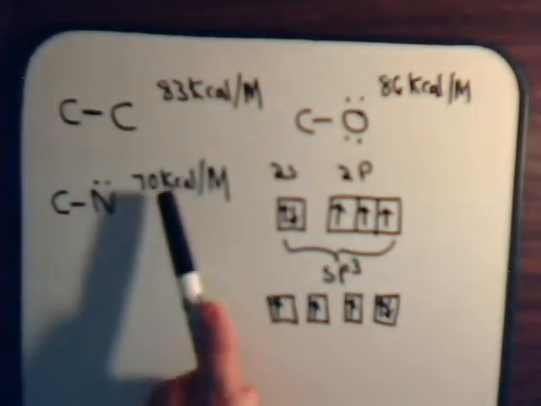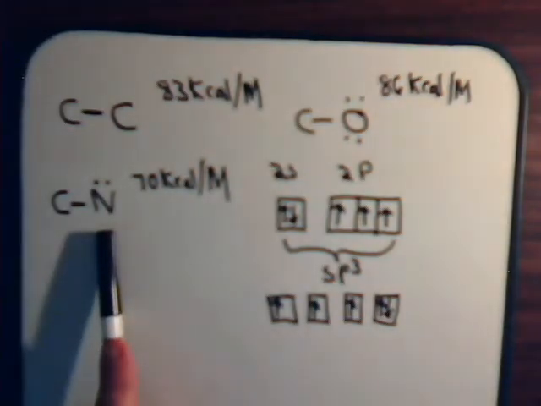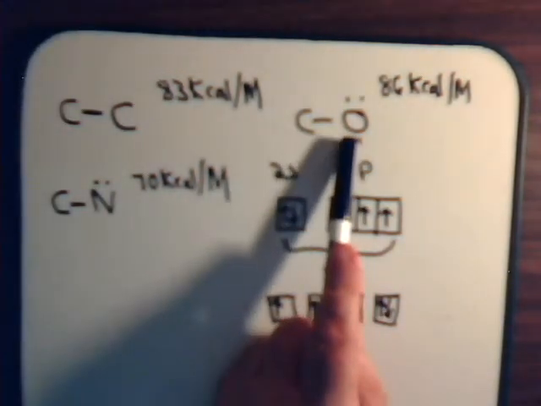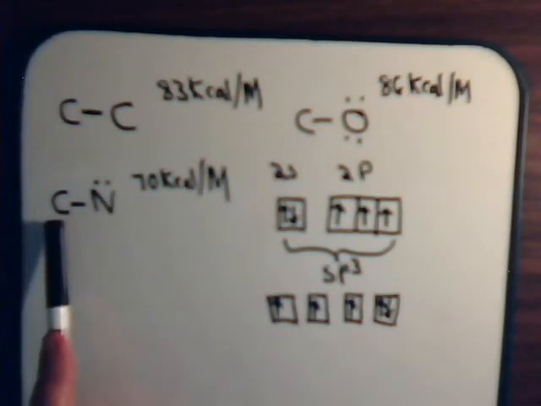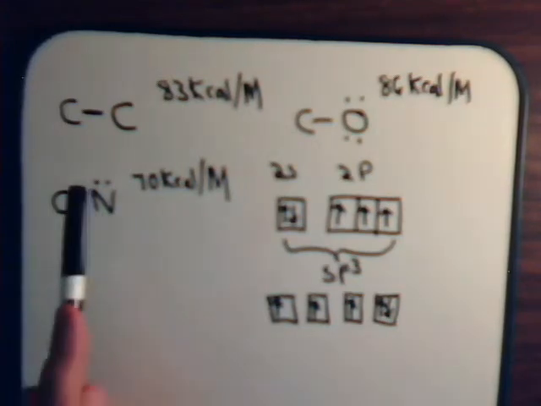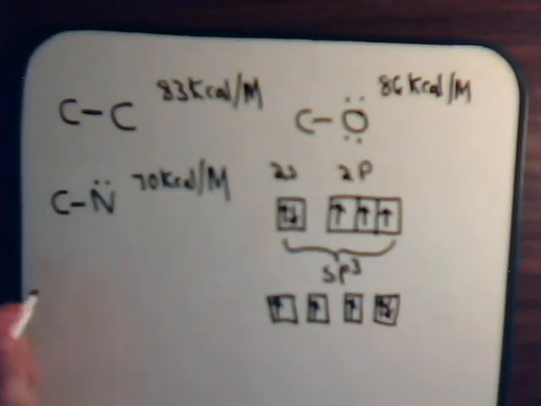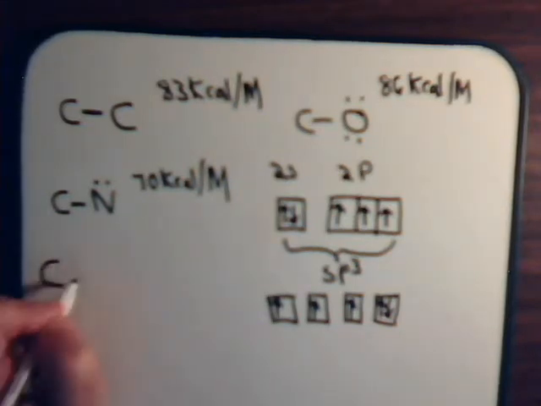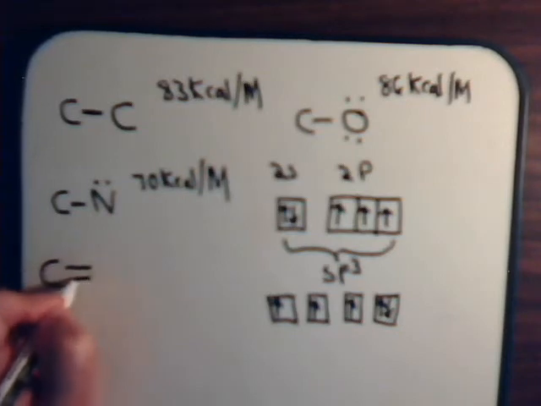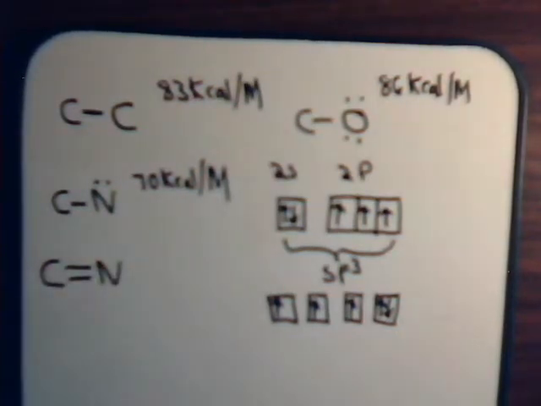much weaker. And the reason probably is because nitrogen is less electronegative than oxygen, therefore the sigma bond that is formed is not going to be as strong to begin with, and then it's going to be further disrupted by this lone electron pair. Now, to compare what happened in the previous video, if we have a double bond here,